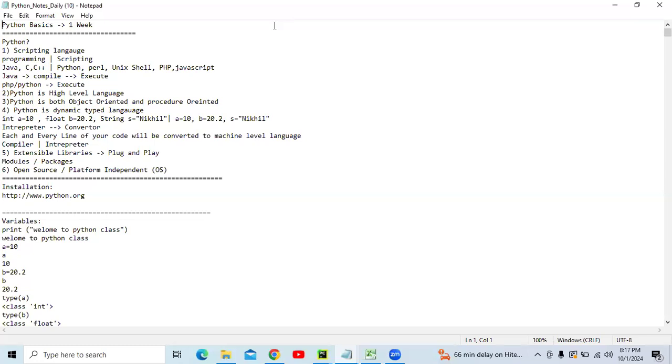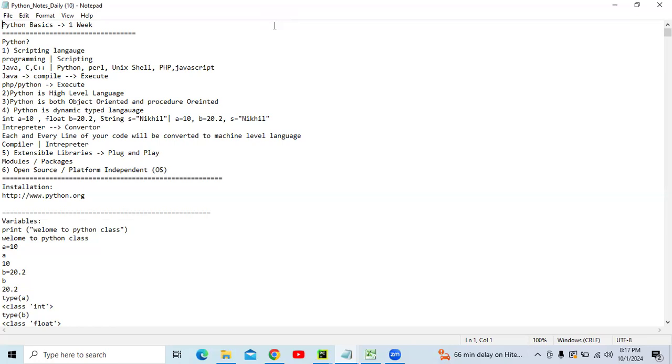So basically you compile the code, then you check the errors. If there are no errors, then you execute the code. But in Python and any scripting language, you don't compile the code, you directly execute the code. That means you don't use anything called compilation in scripting languages, and Python is one of the scripting languages